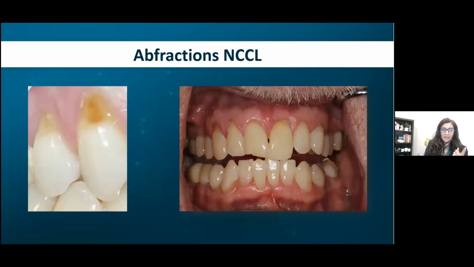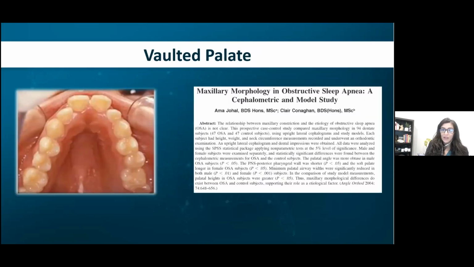This is one of my patients, abfraction lesions. If you see these NCCLs, non-carious lesions at the gingiva, that's a big sign again of occlusal load, bruxism connected to a sleep issue. Vaulted palates and foreshortened palates are all things taking away space for the tongue. Even tori, like palatal tori or lingual tori, the real estate that the tongue should have is not there. And so all it does is kind of go back and create that